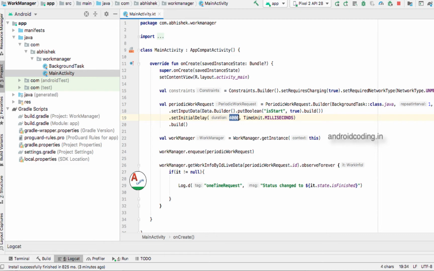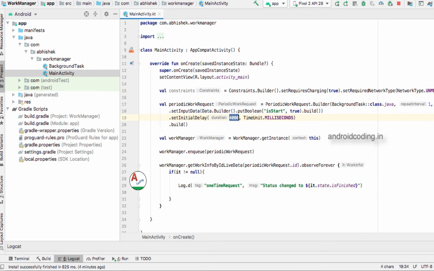One thing I want to clarify: whenever you want to perform a task at a particular time, like at 3 o'clock, or you want to do some background service work instantly, in these cases we will make use of an alarm manager and a foreground service. Work Manager is much different from these kinds of services.